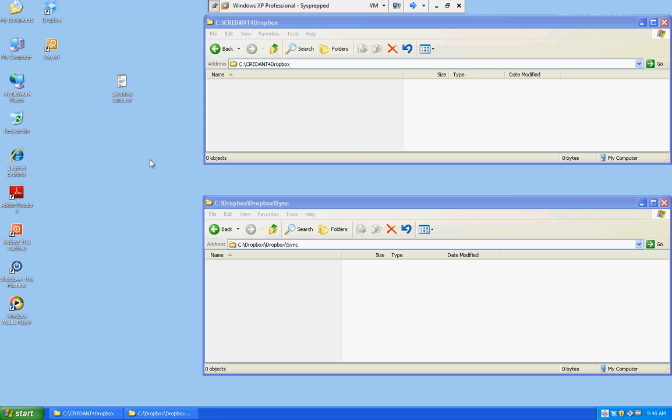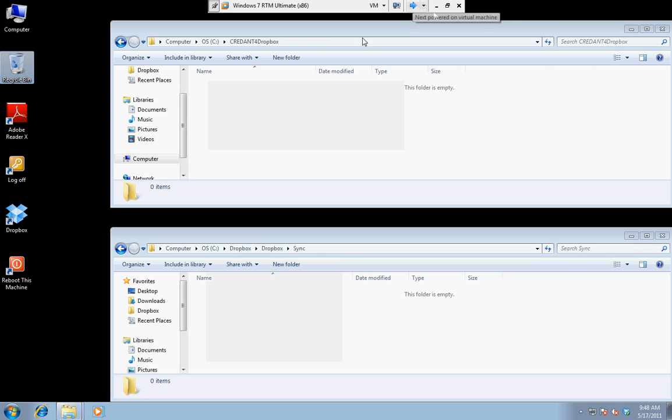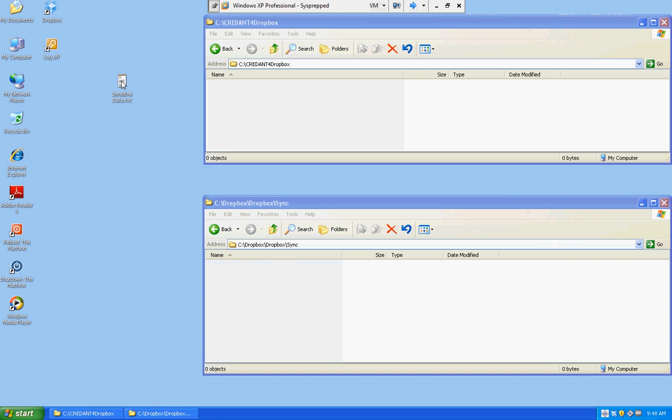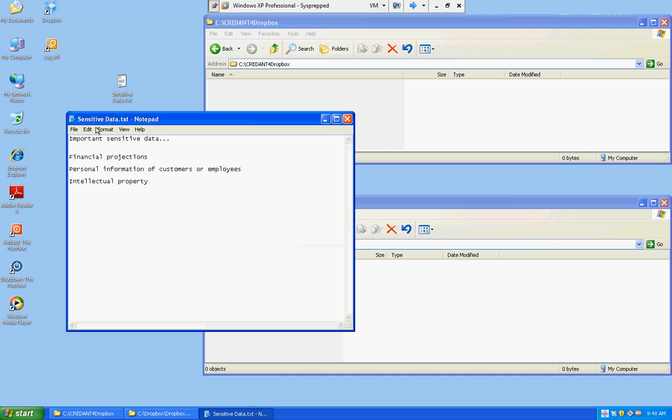So here I have my XP machine, and I have my sensitive data file. You see there's nothing in the CREDANT for Dropbox folder or the Dropbox sync folder. Let me show you the Windows 7 machine. Again, nothing in the Dropbox folder, the CREDANT for Dropbox folder, and nothing in the Dropbox sync folder. So let's go back here. Let's look at our sensitive data file. It doesn't really have sensitive data in it, of course. It just has financial projections, the types of things that are in sensitive data files, like financial projections, personal information,